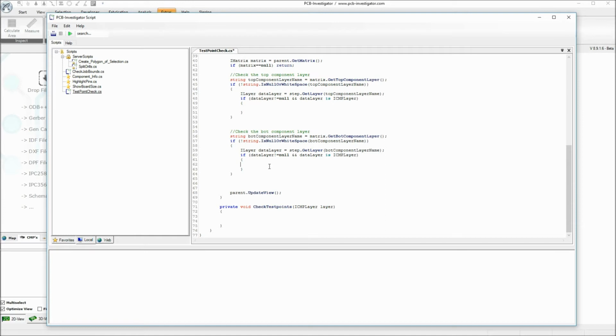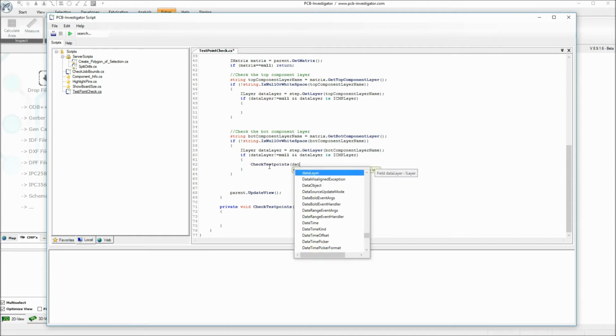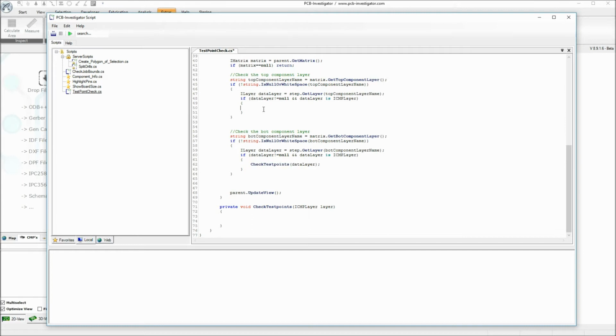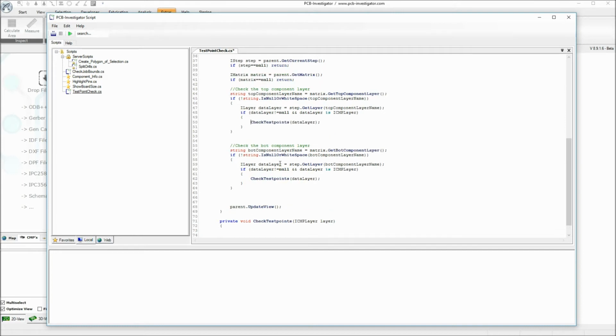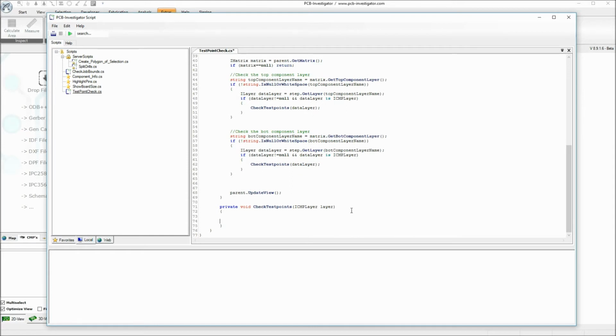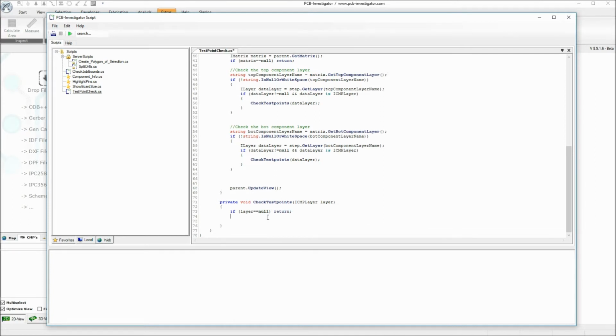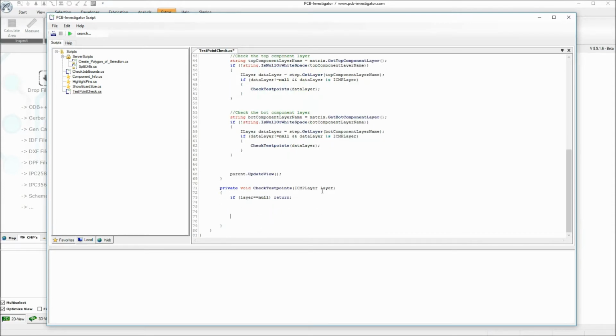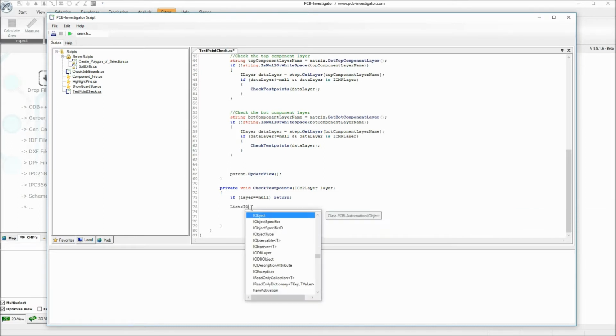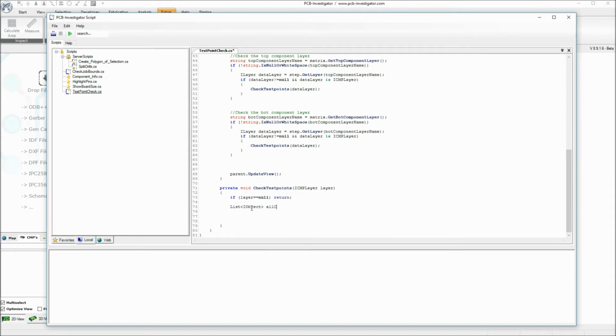So this will be my basic function for doing the check, and I call this twice, for the top component layer and for the bottom component layer. First of all, again, what should never happen, but to be secure, I say if layer is null, return. Now I want to get all the components on that layer, and therefore I can call a function which gives me back a list of iObjects, and this will be the all components,